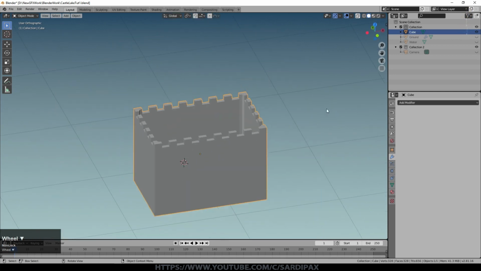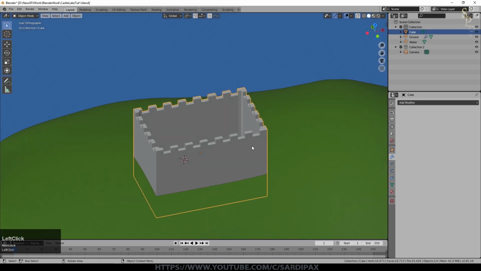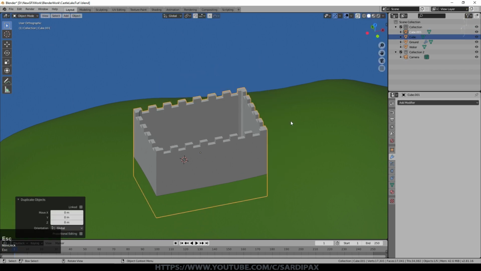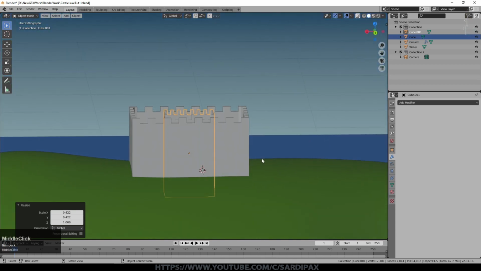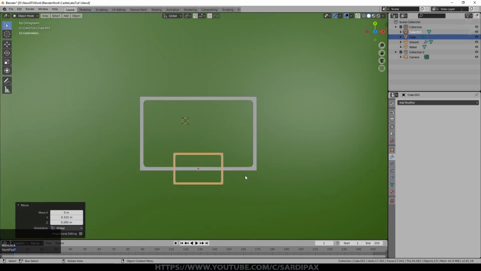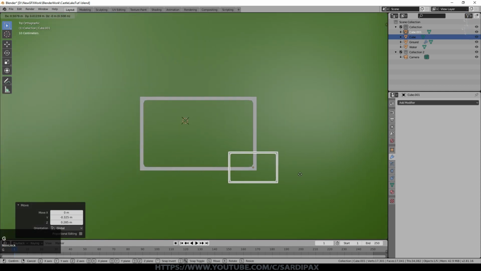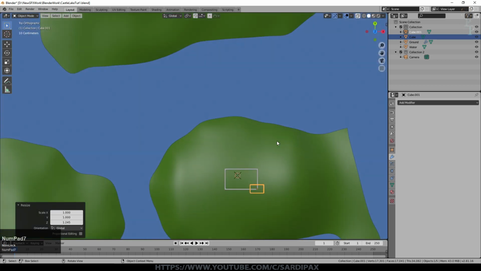So that's fine, but obviously it's a bit of a boring castle just like that. All I then did, make sure it's just the castle selected. When you unhide, by the way, everything that has been unhidden, as well as whatever you had selected before, will be selected, so just bear that in mind. So Shift D on our castle, and then scale Shift Z to make a little version of it. And I'm just going to put that up here somewhere. Again, could have probably done this before I did the mirror modifier. Scale Z just to make it a little taller.